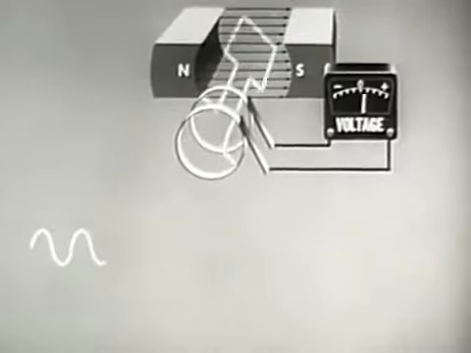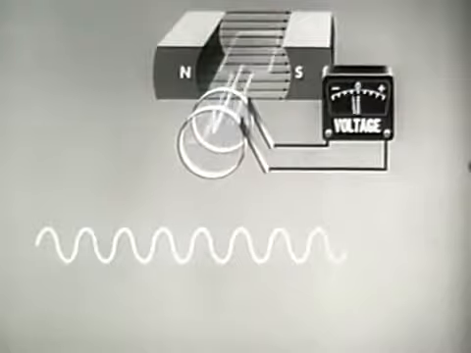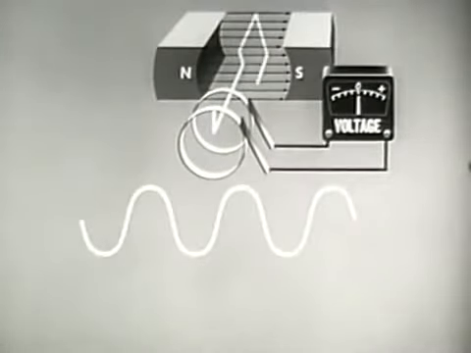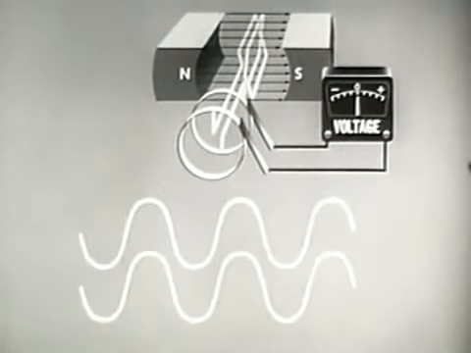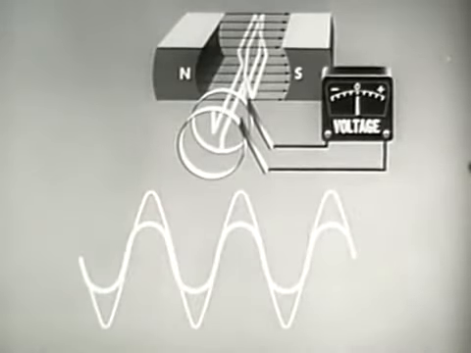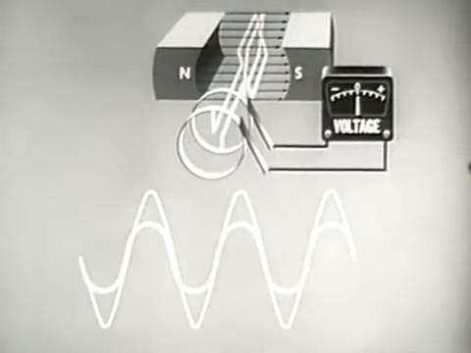The output of the AC generator may be increased by the addition of loops to the armature. Changing the construction of the armature in this way provides additional outputs. The resultant output here is the algebraic sum of the individual waves. The armature of the practical AC generator is wound with many turns of wire.